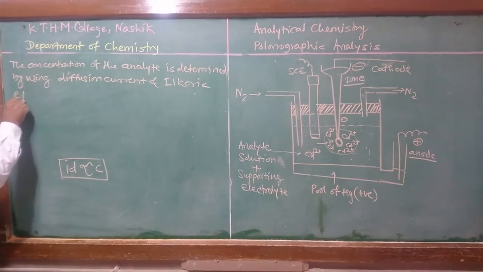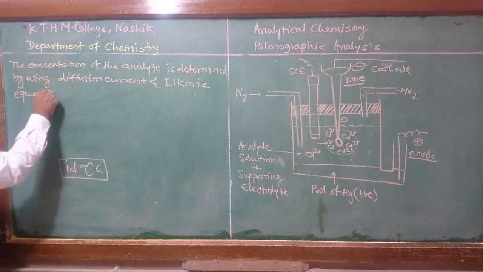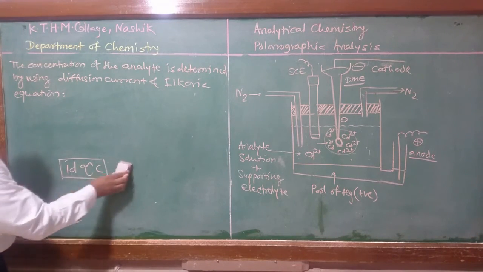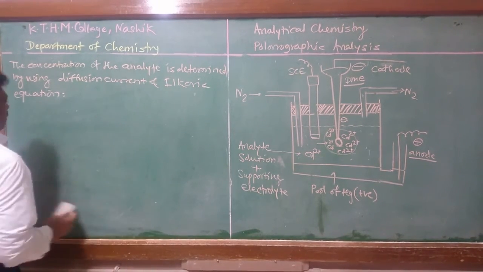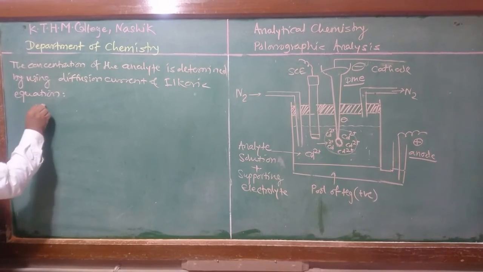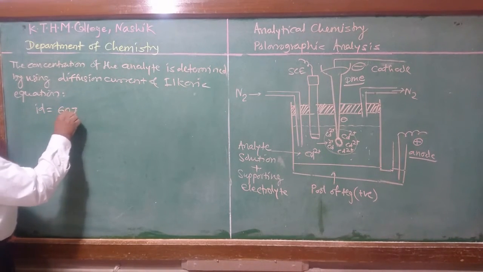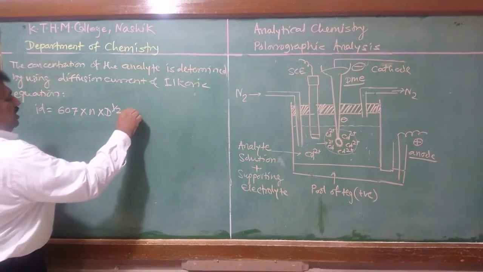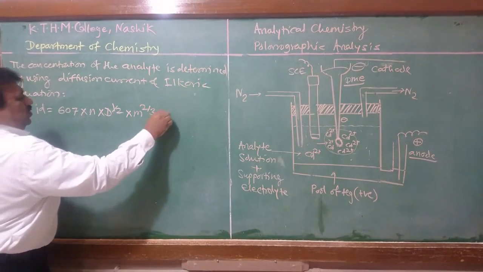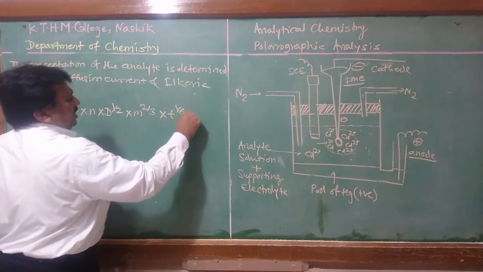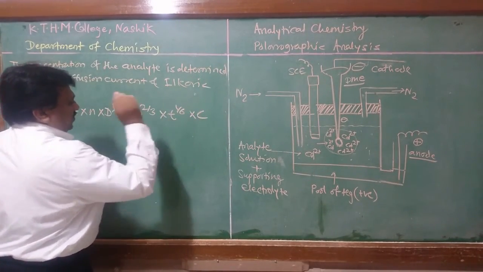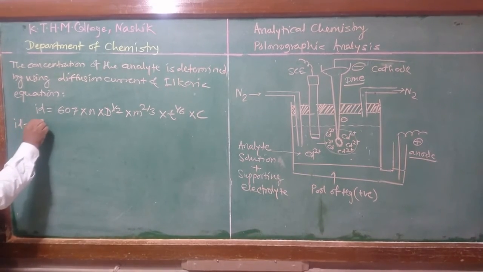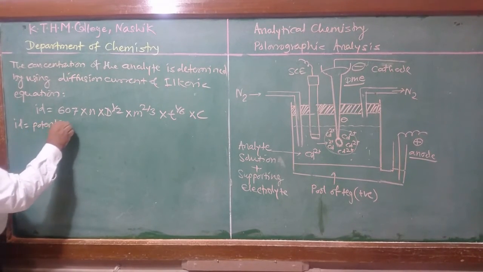This equation is useful for the determination of analyte in the sample solution. The equation is like this. Therefore, ID is equal to 607 into N into D raised to half into M raised to 2 by 3 into T raised to 1 by 6 into C, where this ID is potential dependent